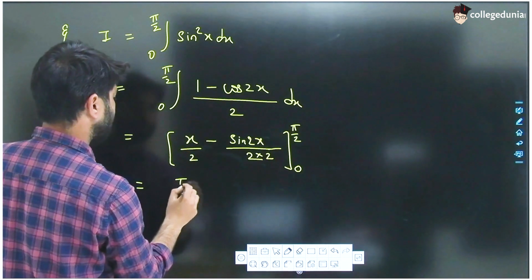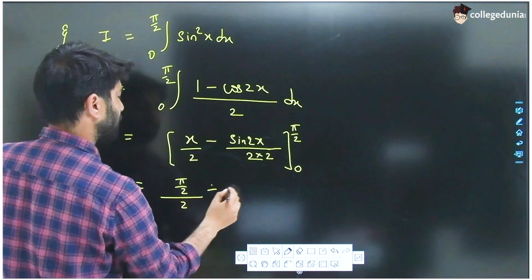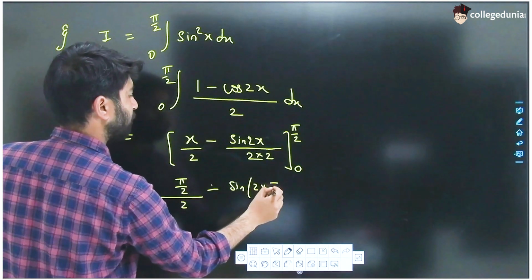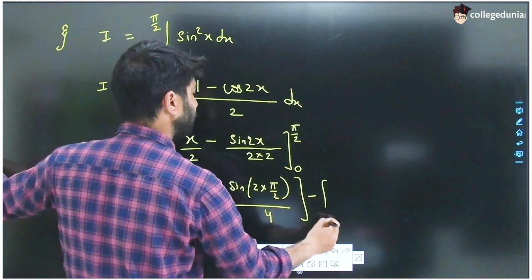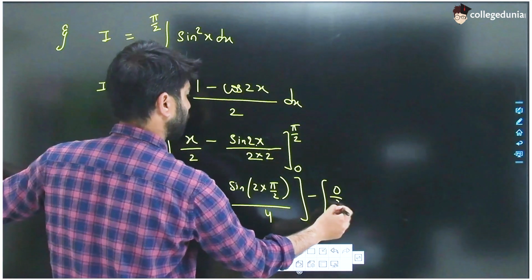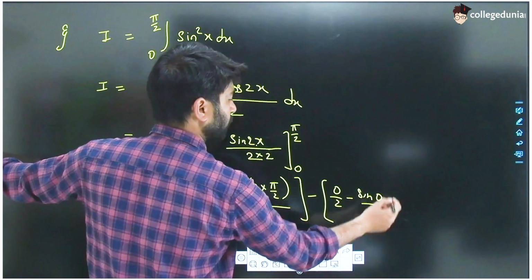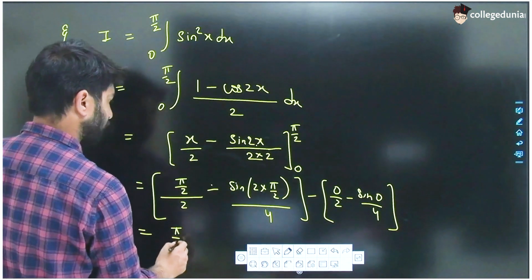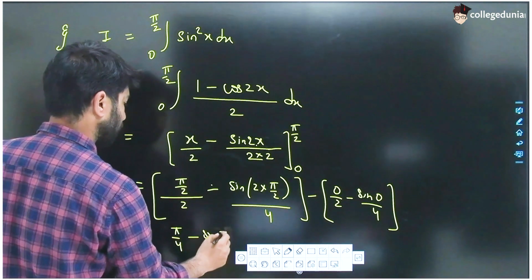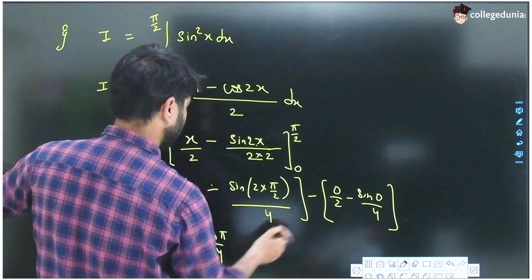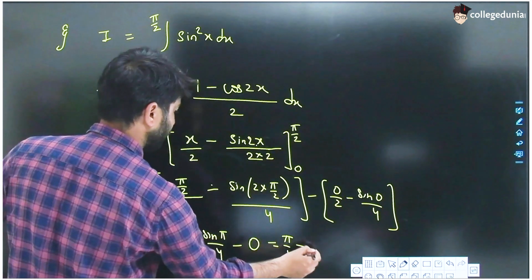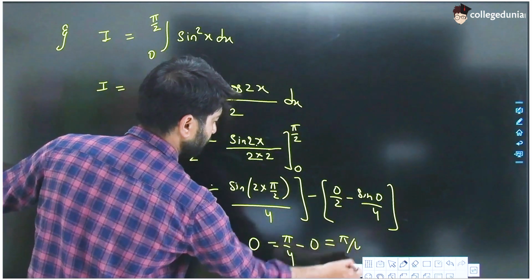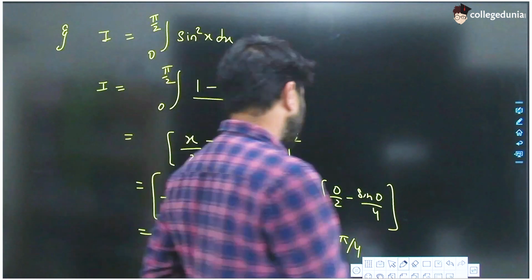ओके, सो नाउ x की जगह पे pi/2 पुट करेंगे, pi/2 और माइनस sin 2 इंटू pi/2। In denominator we have 4. Now अब हम x की जगह पे 0 रखेंगे, 0/2 minus sin 0 upon 4. Okay, so this will become pi/4. This is sin pi, and these two will become 0. So pi/4, and the value of sin pi is also 0. So the final answer will be pi/4. So guys, ये हमारे इस क्वेश्चन का आंसर हो जाता है बच्चों।